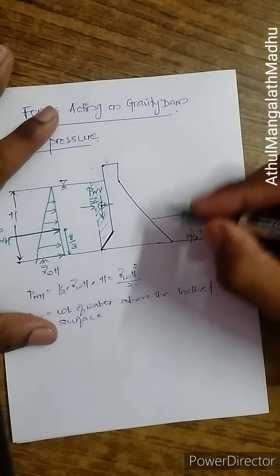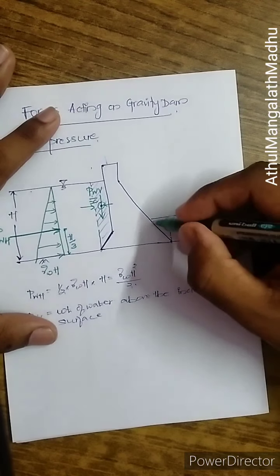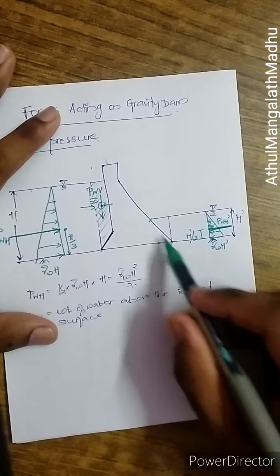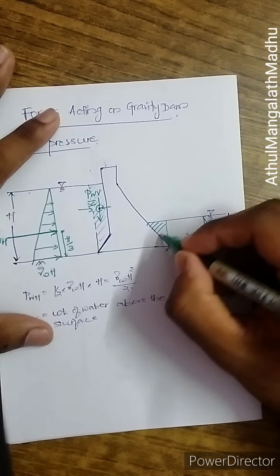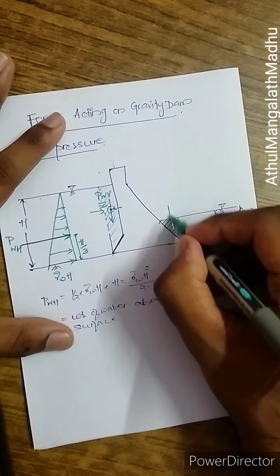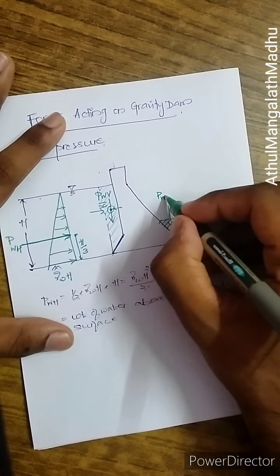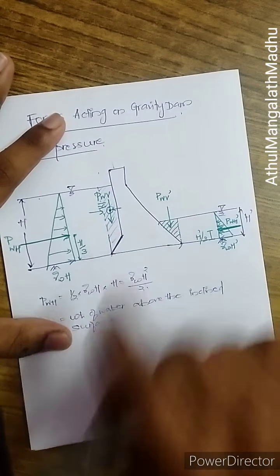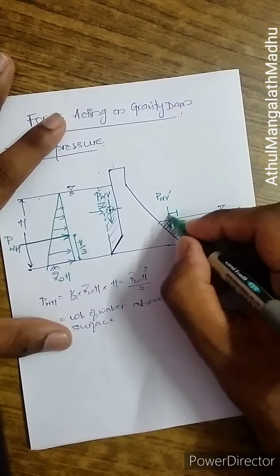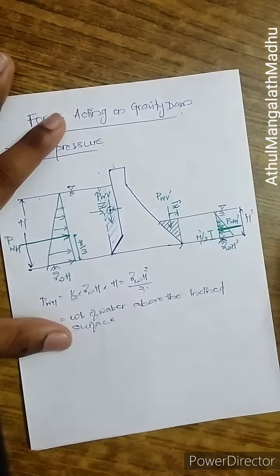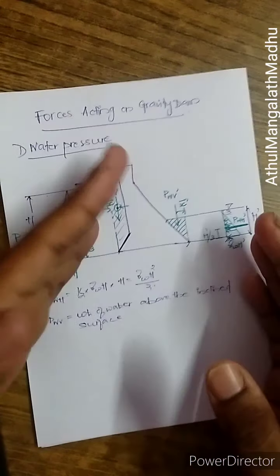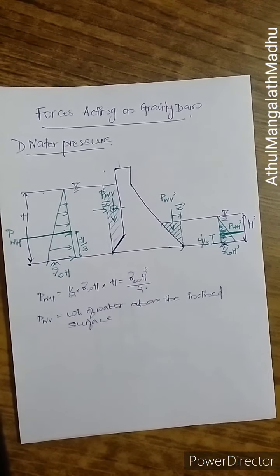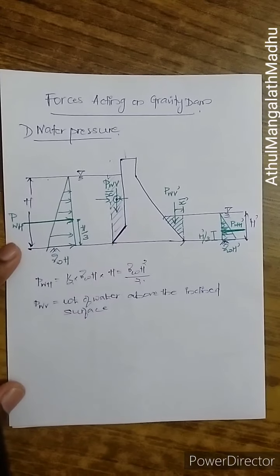And at the same time you have the weight of water above this much. From here to here you have water in contact with this, so you need to find the area of this portion, and that will be acting downwards. That is the vertical water weight acting on the downstream, PWP, and that will be acting at a distance X dash bar. So in the upstream side and downstream side, you have got this water pressure, and I hope that's clear how the water pressure is acting.